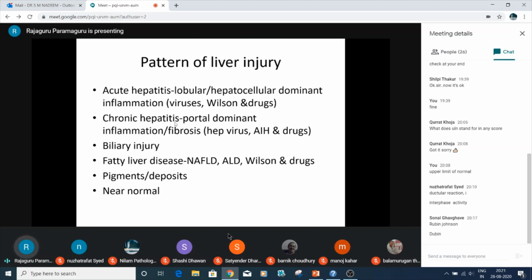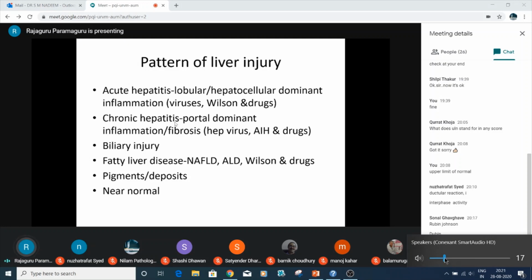If it is fatty liver, you have to think in terms of Wilson also, if there is supporting clinical evidence, or if there is something like an acute hepatitis along with the fatty liver disease, and there is no perivenular fibrosis. If there is so much lobular inflammation, so much ballooning you are able to find, so much lobular inflammation with lots of Mallory hyaline, neutrophilic satellitosis, but still you are not able to find perivenular fibrosis, then you have to think of something like a Wilson.